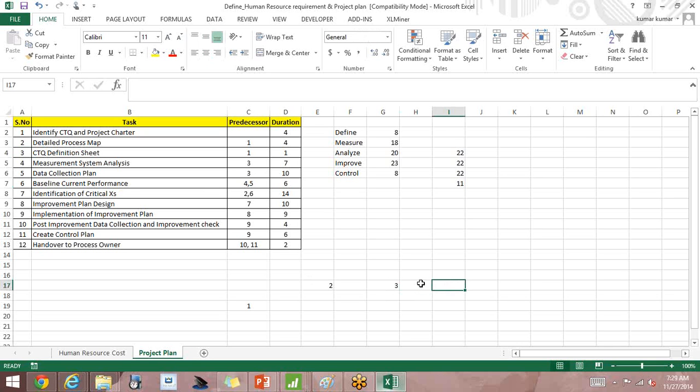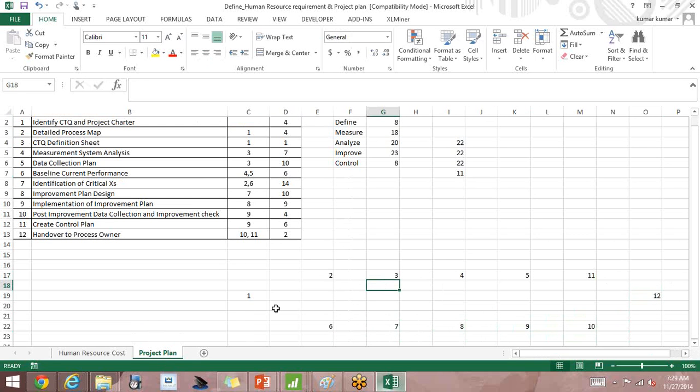Let me put 6 here. 7, 8, 9, 10. Let us put 11 here. Then 12. I just put it randomly. There's no logic behind entering in this way.